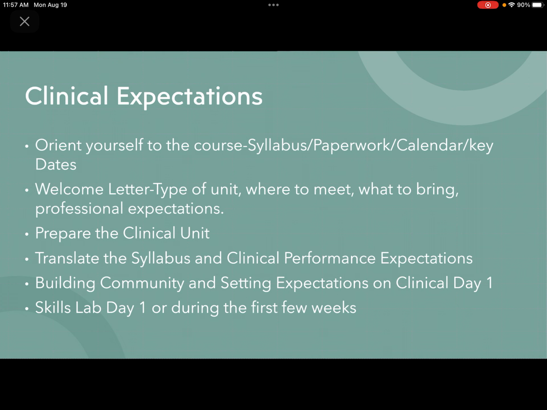Next is creating a welcome letter for your students. So I'm going to show you an example, but you really want to talk about the type of unit they're going to be coming to, where to meet you that first day, what they should bring, what types of activities they're going to be doing the first day, what type of teacher you are, what's your quick teaching philosophy, what your professional expectations are. It is really critical from the welcome letter before you even meet them to be really clear about what your expectations of the group are when they're in